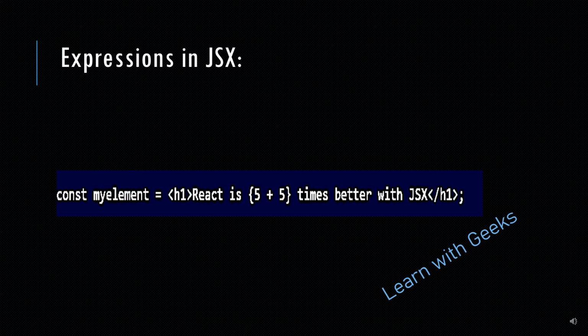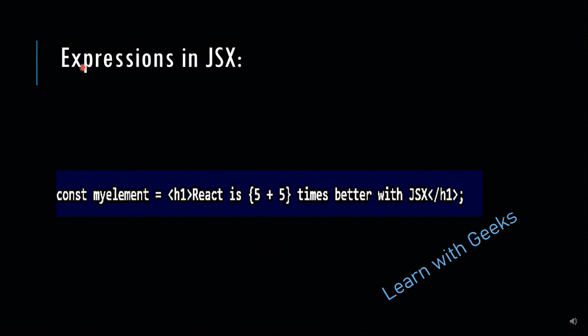Expressions in JSX. You can also write expressions in JSX. Just like in this one line of code, you can see const myElement. Here the h1 tag is the opening tag. Here I write "React is" and then a normal arithmetic expression.